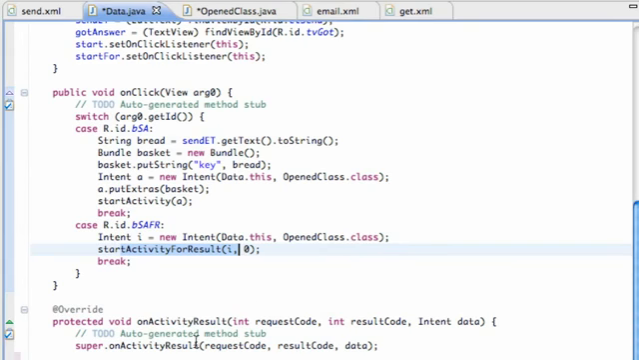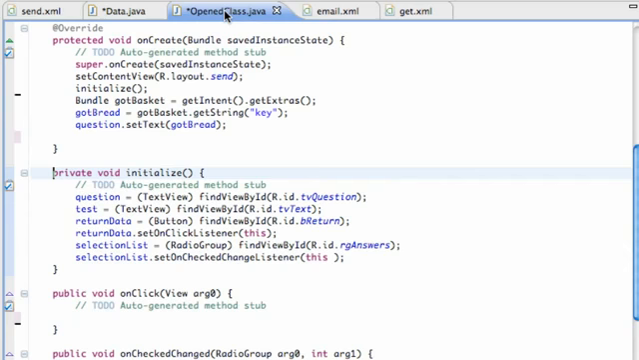Again with me, Travis. What we're going to do in this tutorial is basically set up this start activity for result button. If they click that, it's going to give us some input from the next class for the most part. So we're going to go into this open class and set up this onClick method, because this is for a return button. When a return button is pressed, we're basically going to send the data back and then close